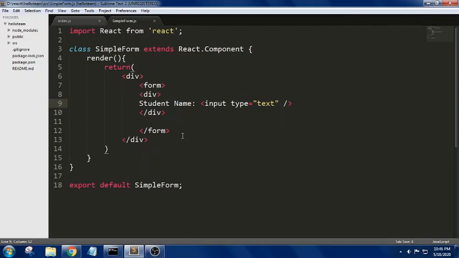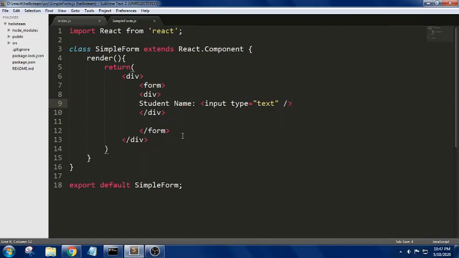In order to make this, we will be creating a constructor, and we will be specifying the state for it.